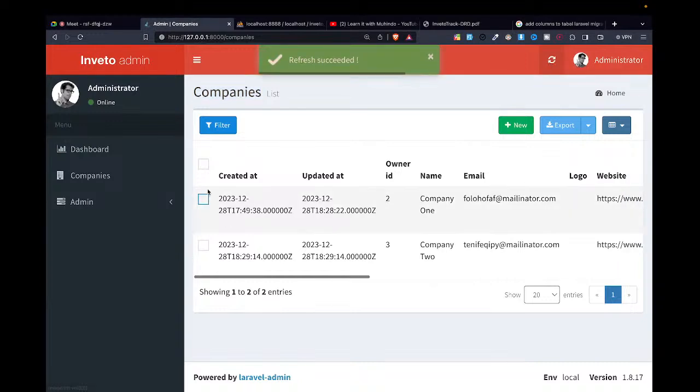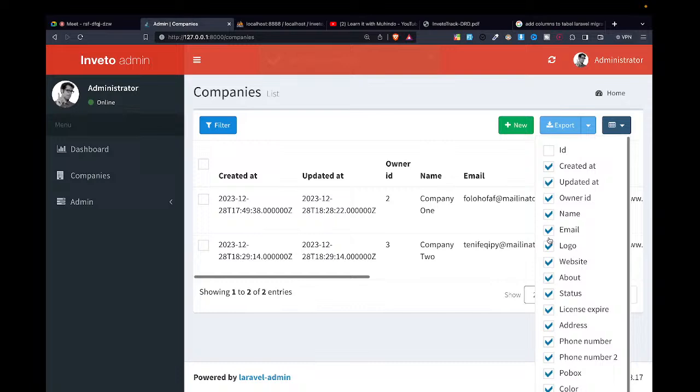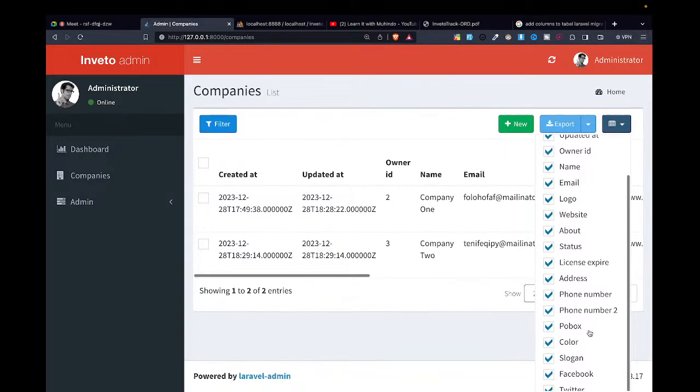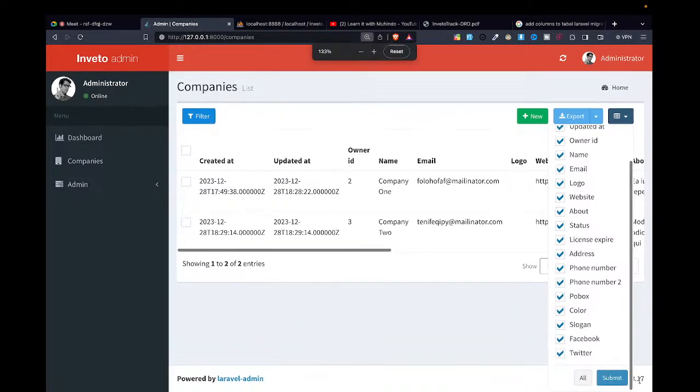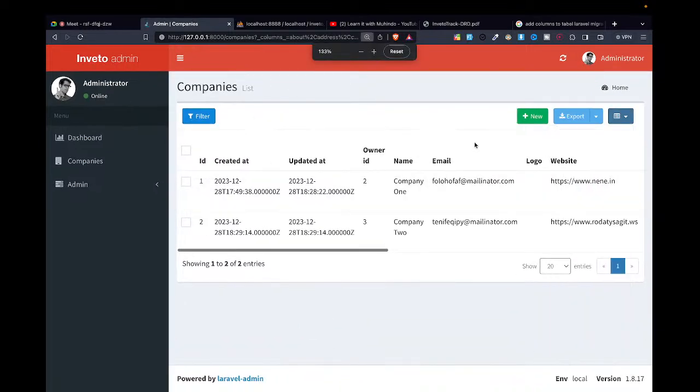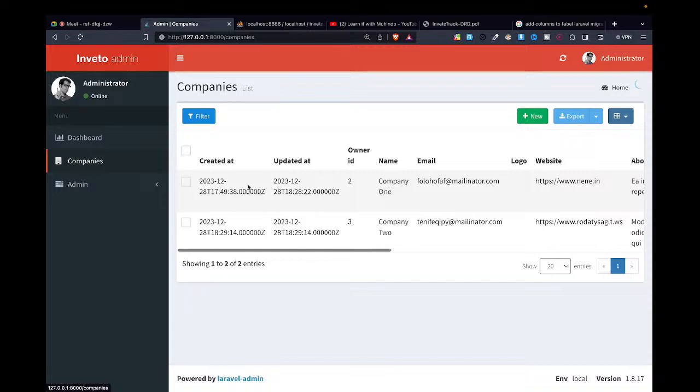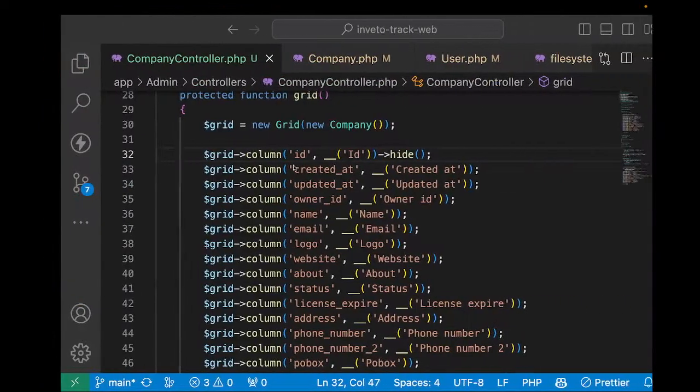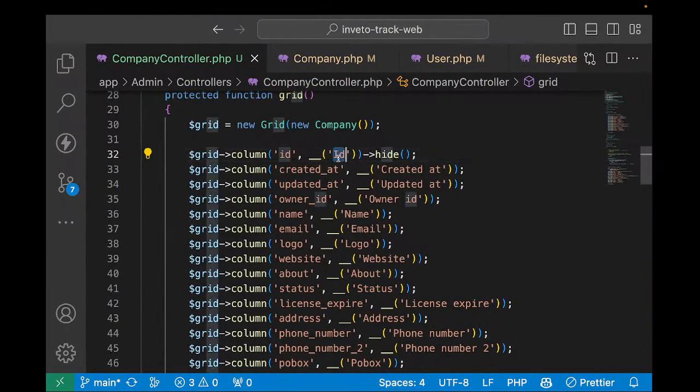So if I refresh here, the ID is there, but it's hidden. If you want to see it, you click here, and then you'll see it here, and then you'll be able to click on submit and show it. You see, it will go ahead and show up there. So by default it will be hidden. Okay, so I want to now go ahead and